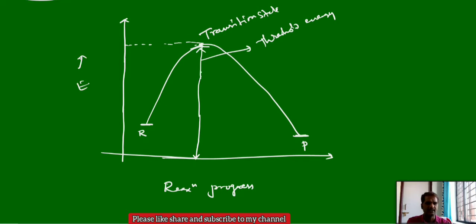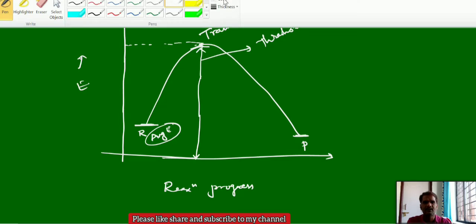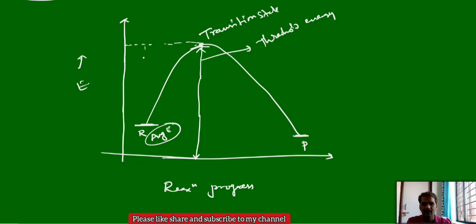And this threshold energy means what? Initially each reactant has some kinetic energy, which we can call average energy. The normal molecule is in its original ground state, having some average kinetic energy. To reach the threshold energy, we have to supply some minimum amount of energy. We require this much minimum energy to reach the transition state, and this energy we call activation energy. This is the energy supplied externally to reach the threshold energy.